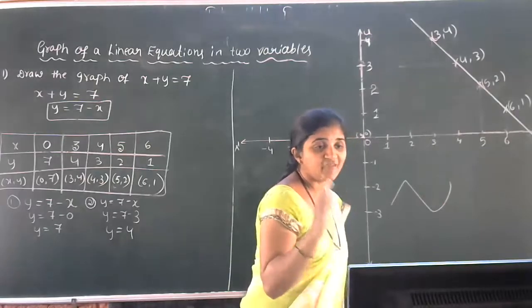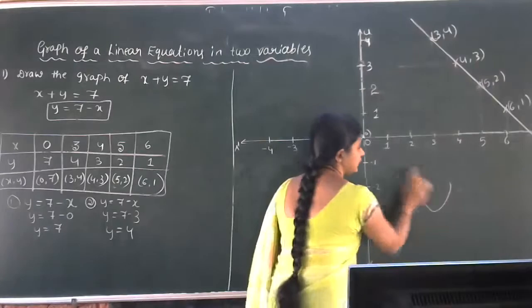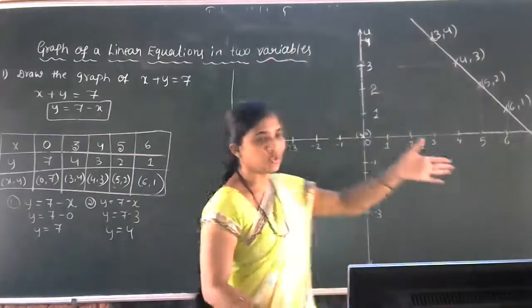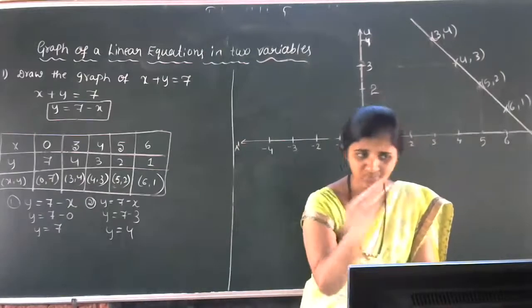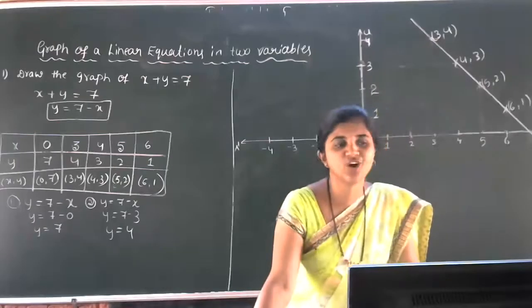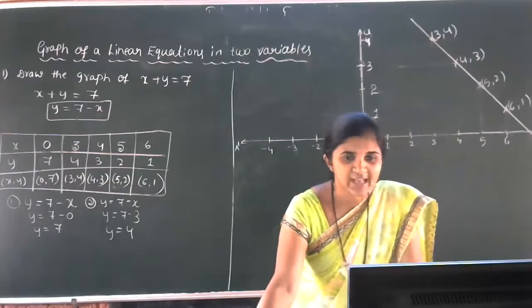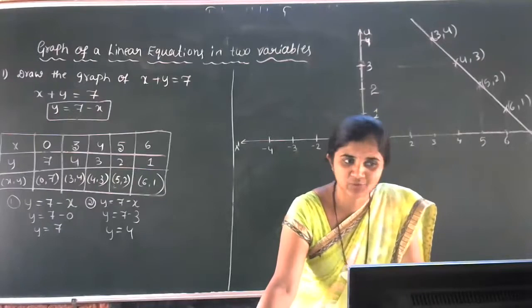The graph of a linear equation in 2 variables must ensure a straight line. So it covers all the solutions. If a point is not on the straight line, then you think that it is not a solution. Okay, yes, got the idea of the graphical representation of the linear equation in 2 variables, students?